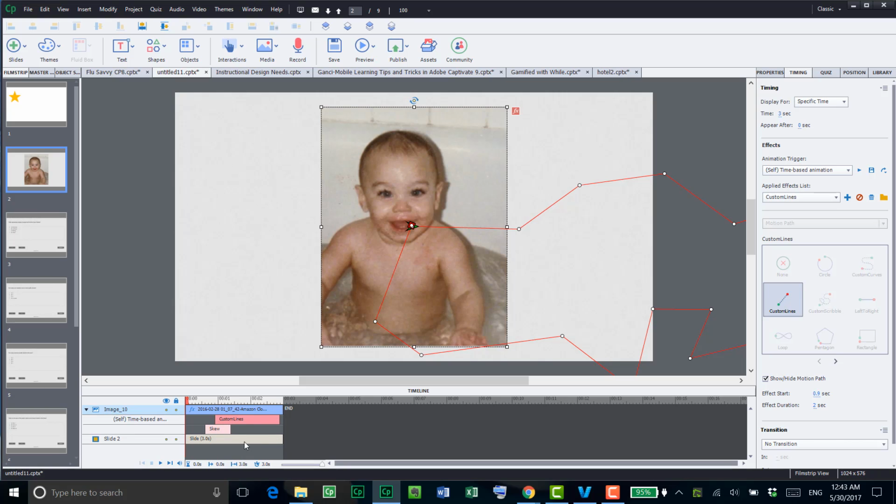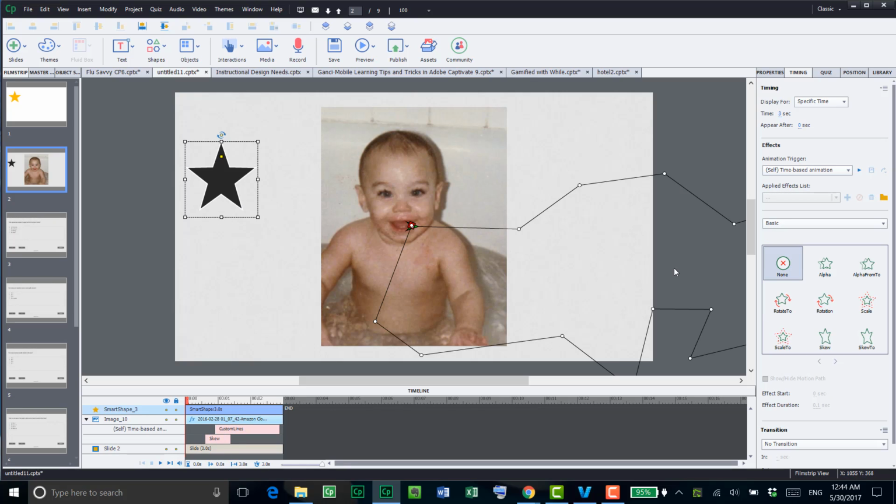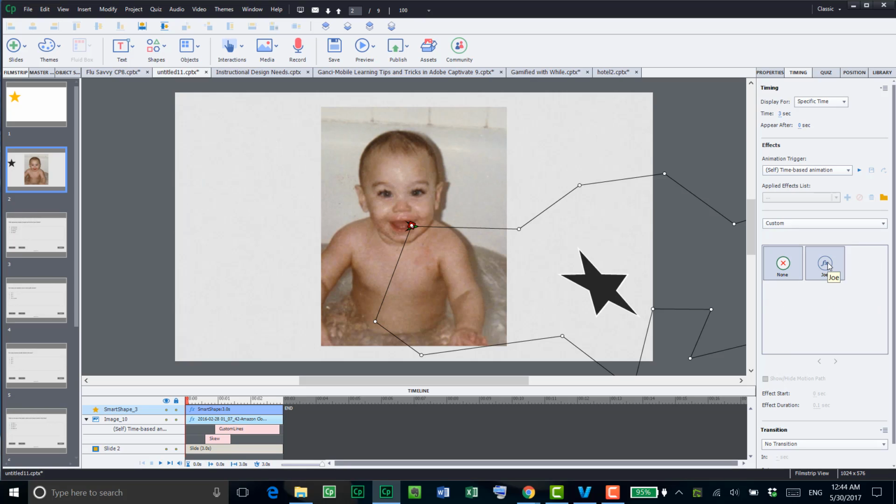By the way, prorated, timed to the current timing of this, but also now the next time I decide I want to do one of these, so if I bring in again a different shape this time, when I want to add it to this, I can go ahead and choose it from this list, custom, and there's my Joe one right there. So really cool, because it will allow me to save any combination of effects that I wish to my own file name. Okay,